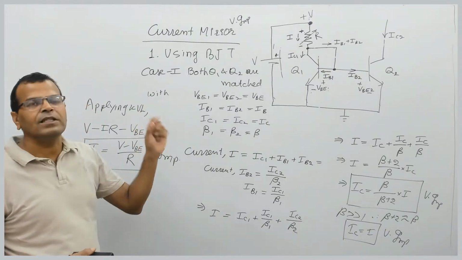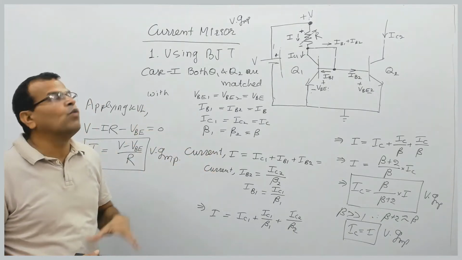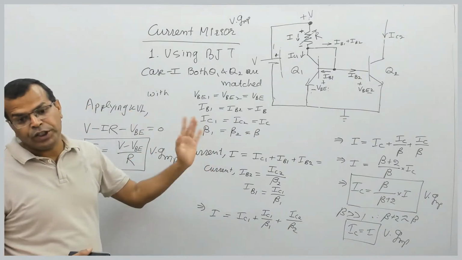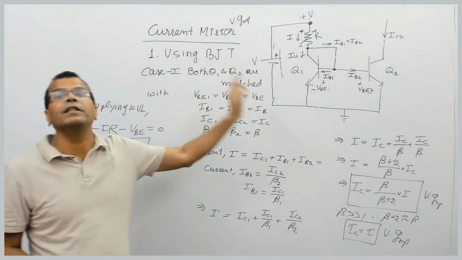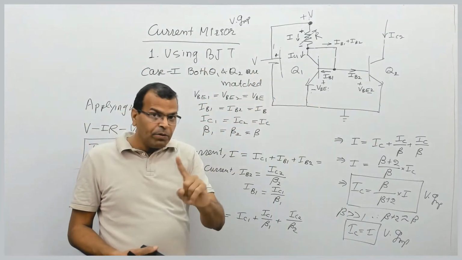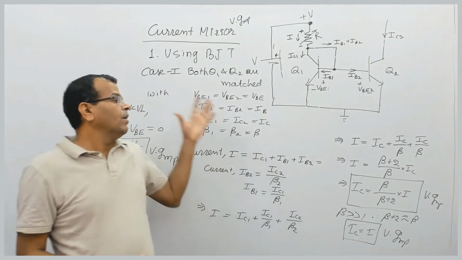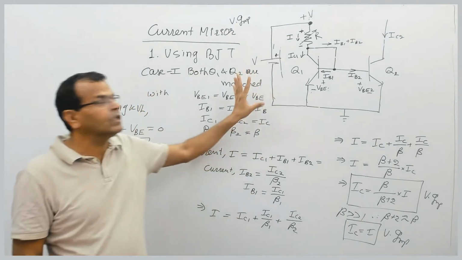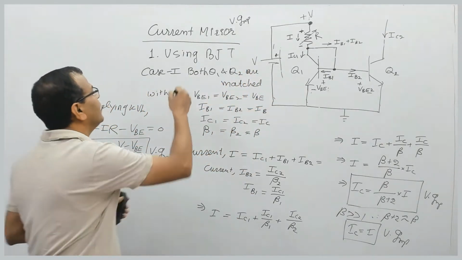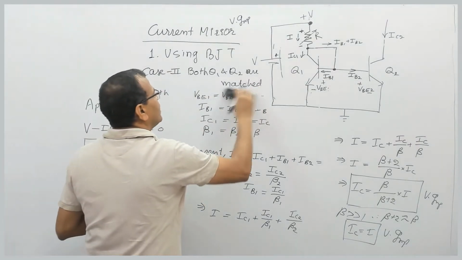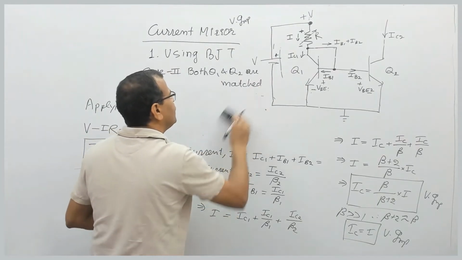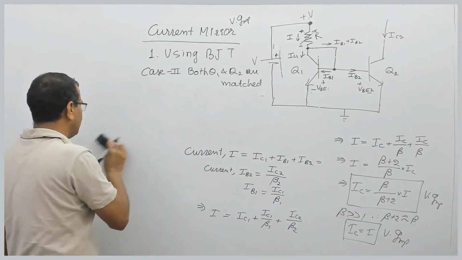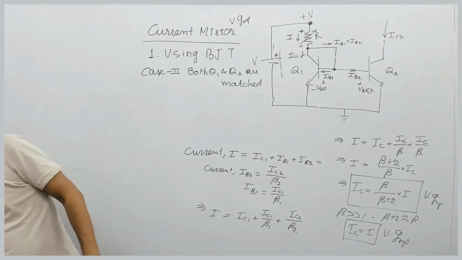When both transistors are not matched with each other, what will be the case? This is a simple case, but you will find a lot of questions based on this circuit in engineering services prelims, and there can be a question in GATE as well. There can be a conventional question or a question in engineering services mains based on this circuit. Fine. So let us take case 2, when both transistors are not matched with each other. Let us see how to proceed.